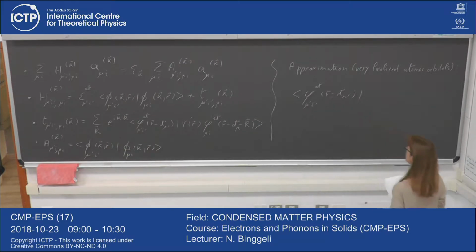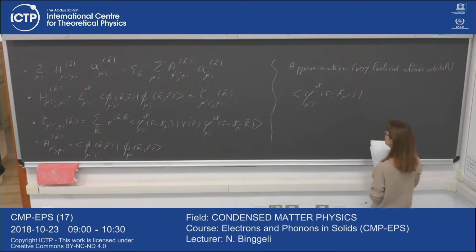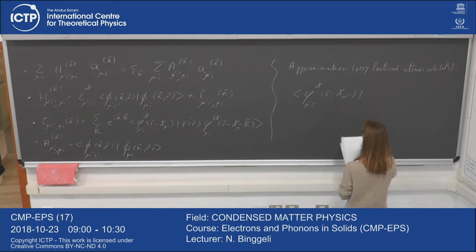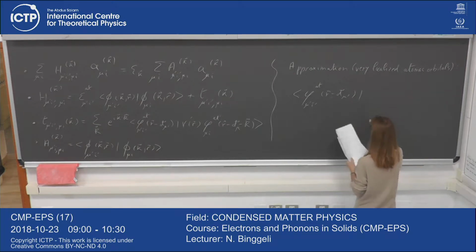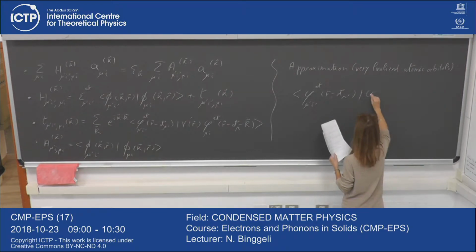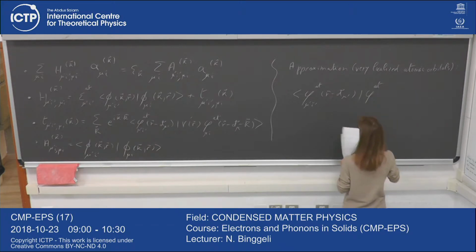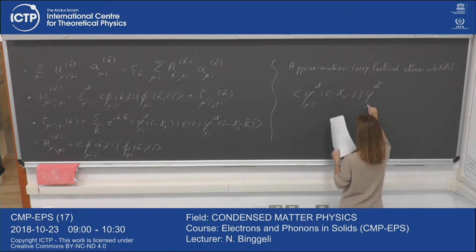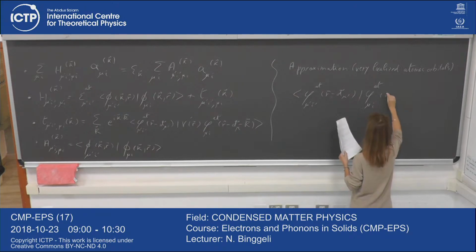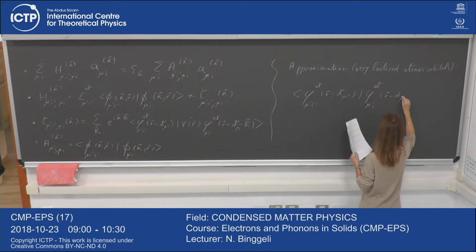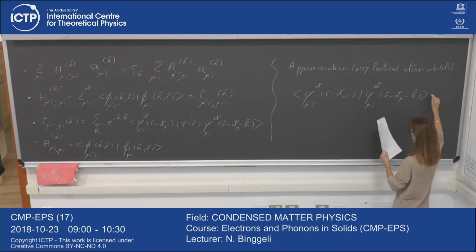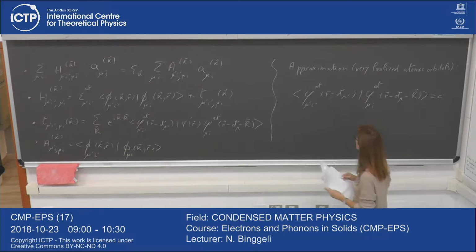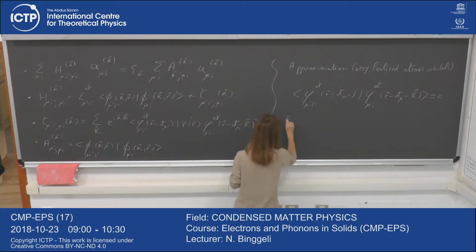So the matrix element phi of mu prime I prime, centered on the atom mu prime in the unit cell at the origin, and the atomic orbital mu I centered on the atom mu in the cell R will be 0 for R different from 0,